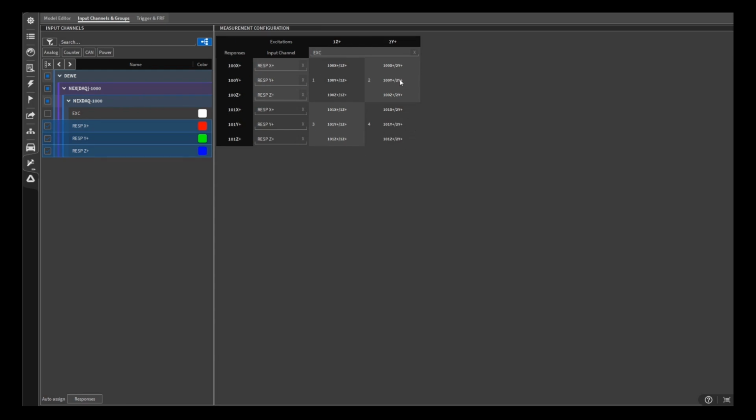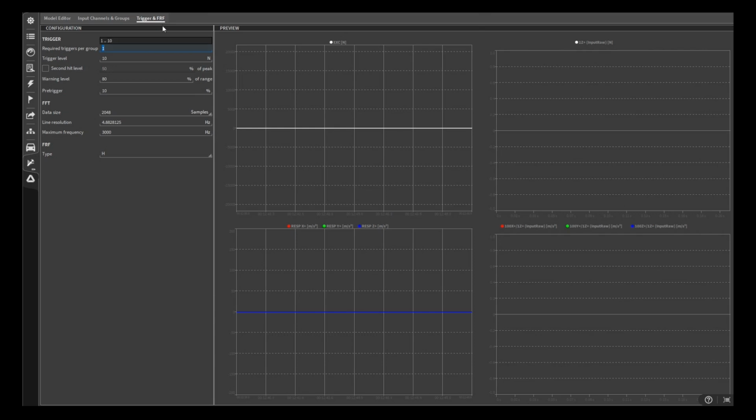As a last step, we configure the trigger, FFT and FRF settings. We will excite each group 3 times and calculate the mean average as a result. The trigger level will be set to 1000 Newton. Also, the number of samples is defined and the upper cutoff frequency up to which the transmission frequency is measured is set. Under FRF type, you can choose between 5 different algorithms that optimize the measurement of noisy input and